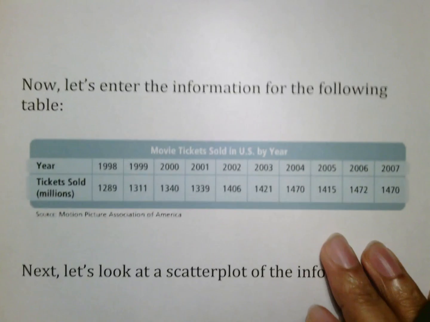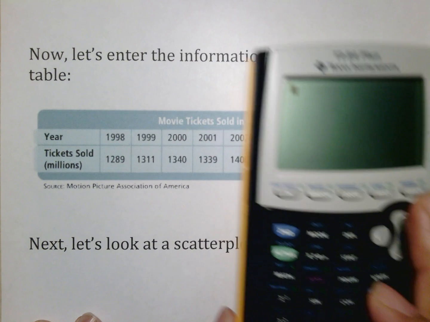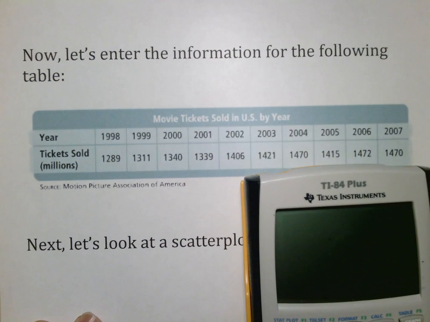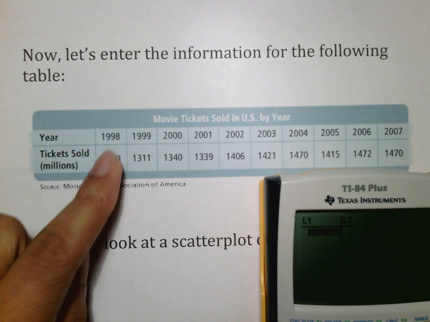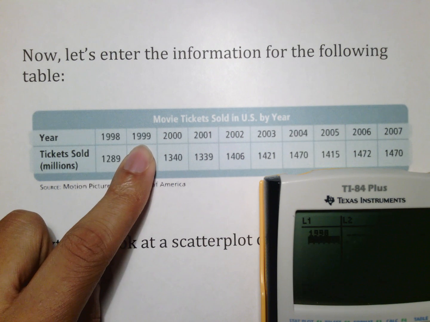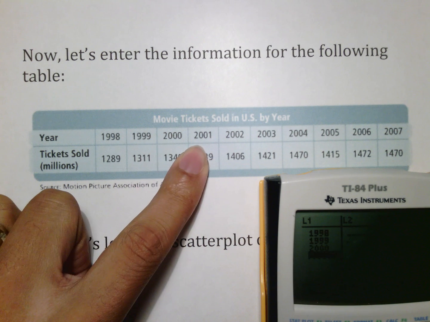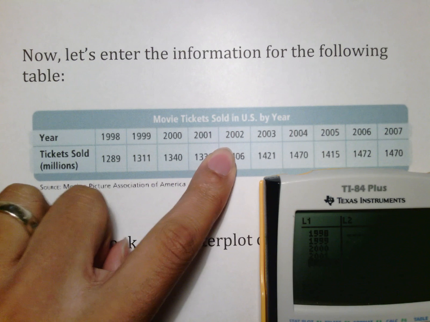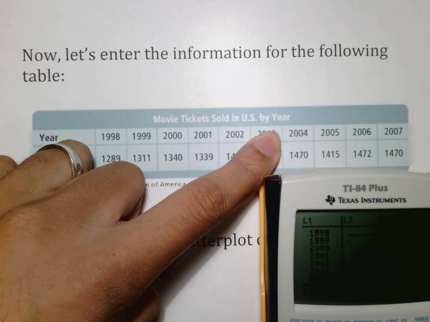Now let's enter the information in the table like we learned last week, which is to simply hit the stat button. So we hit the stat button and we go to edit, and we put in 1998, 1999, 2000, 2001. I hope you're doing this with me, because when I gave you the quiz last week and I asked people to know how to do some of the features,